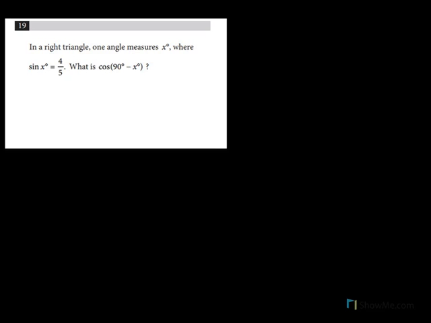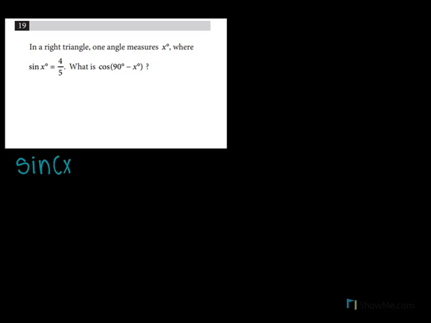So, our first practice problem is, in a right triangle, one angle measures x degrees where sine x degrees is 4 over 5. What is the cosine of 90 degrees minus x degrees? There are many ways to solve this problem, but the simplest way would be acknowledging the complementary angle relationship between sine and cosine. The relationship is